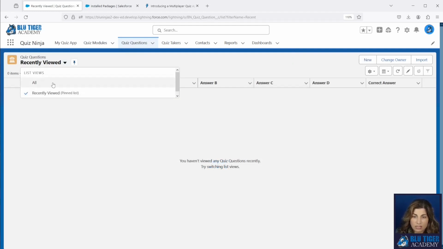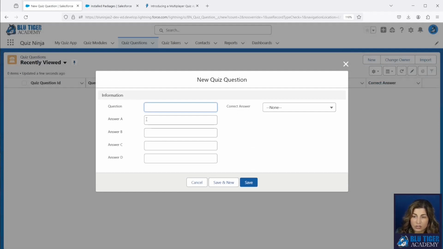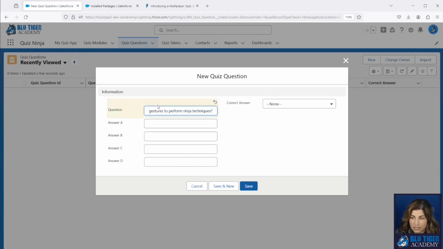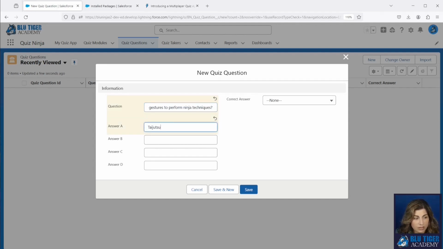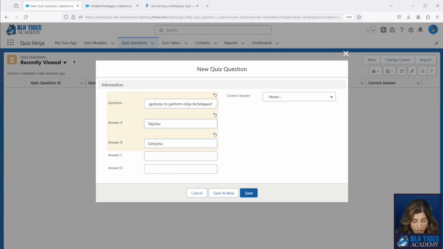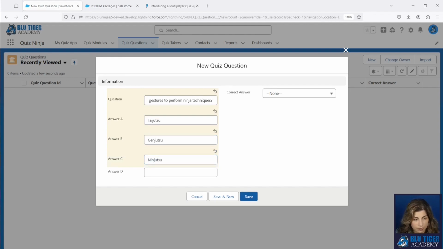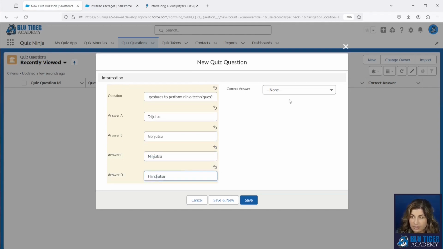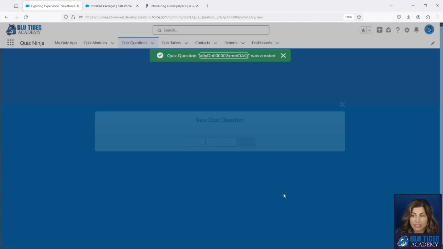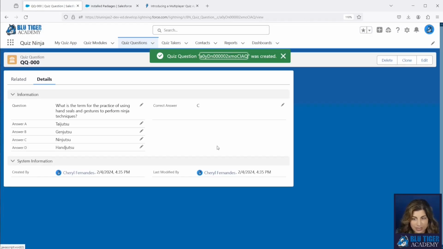Now we have another custom object called Quiz Questions. And these are just a list of questions that you will add in, and you will add in the answers. So we're going to put in a quiz question here manually, and then we're going to show you how you can upload the quiz questions using Data Loader. I'm going to put this text in here, and then I'm going to put in the answers. So these are the 4 multiple choice answers that will show to the user to choose from in the flow. And then here's where you tell Salesforce which one's the correct answer, because this application will automatically select which answer is correct and grade the quiz for you.